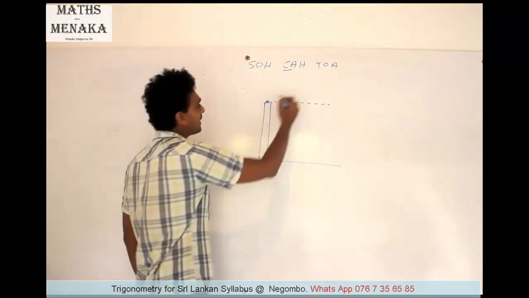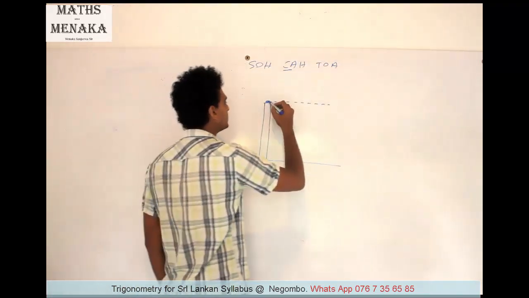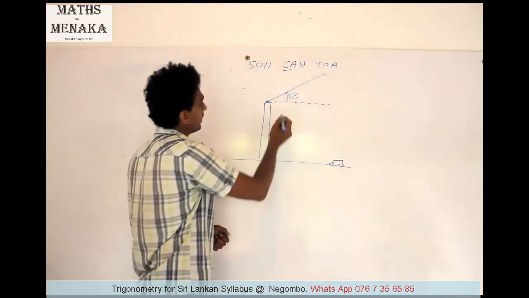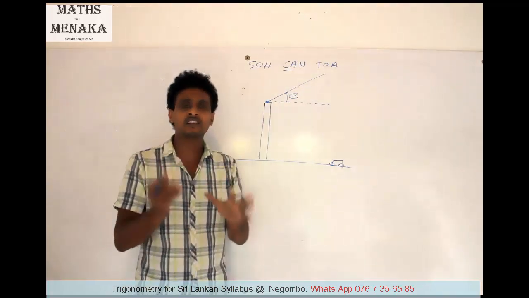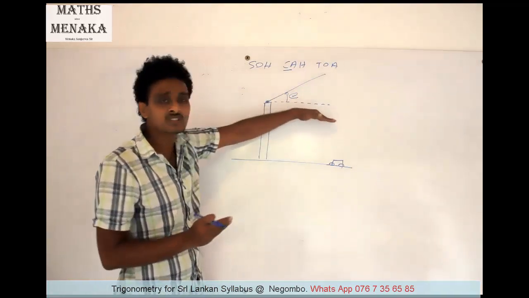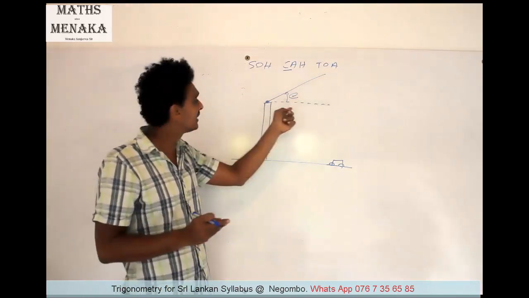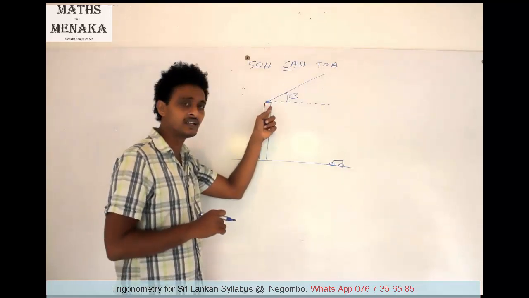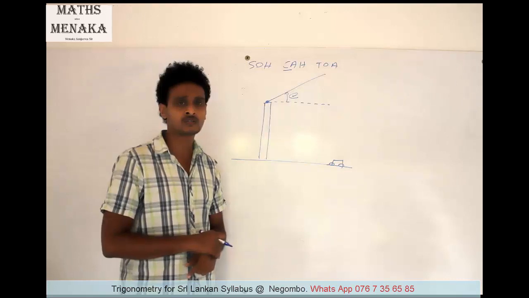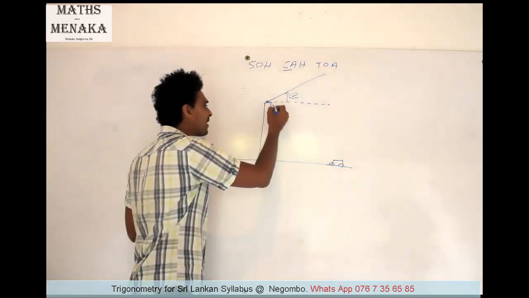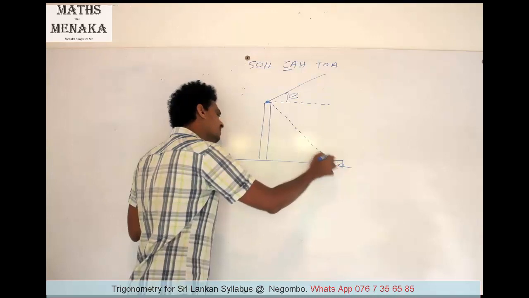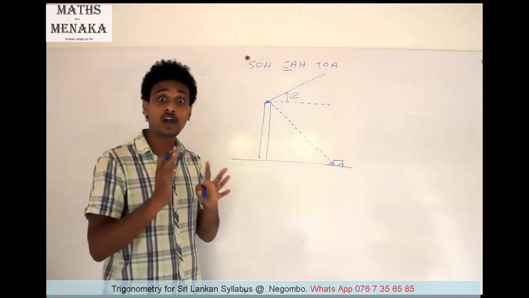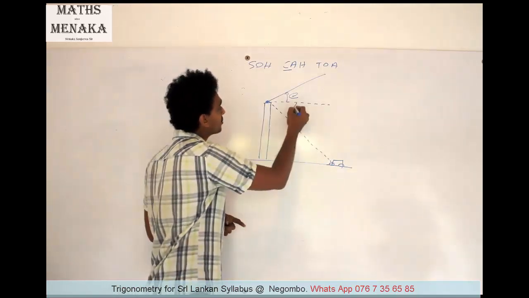Now let's see, this man is looking up. Then the angle of elevation is measured from the horizontal line. This is the angle of elevation. Always remember, the angle of elevation is measured from the horizontal line. So draw the horizontal line, then mark the angle of elevation. Another thing: the man is here, looking down at the vehicle on the road. So he is looking down, the angle of depression. Many students make mistakes. The angle of depression also you have to mark from the horizontal line.